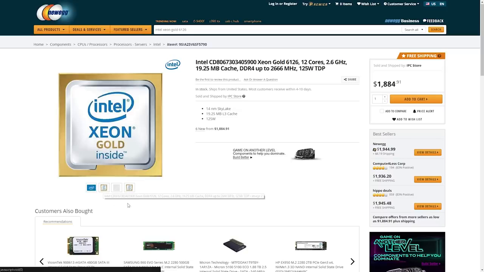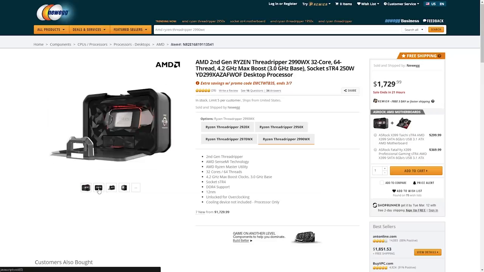Which brings us to our next category, the professional or the pros category. Under the pro category, I've narrowed it down to 2 CPUs. But there are definitely a lot of choices out there that are super crazy expensive, as in never afford it even if I hit the lottery 5 times type of expensive. Anyways, here are the processors that are both priced at around $1,800. For the Intel side, we have the Xeon Gold 6126. And for the AMD, we have the Ryzen Threadripper